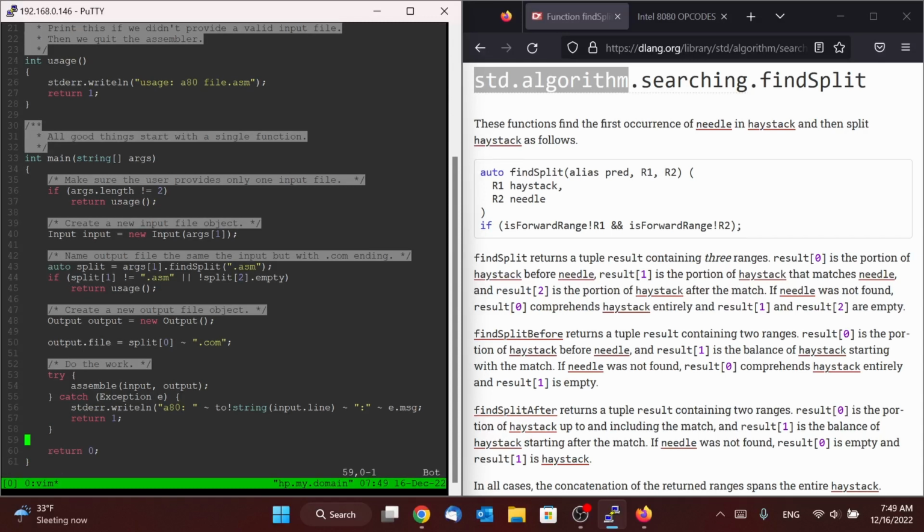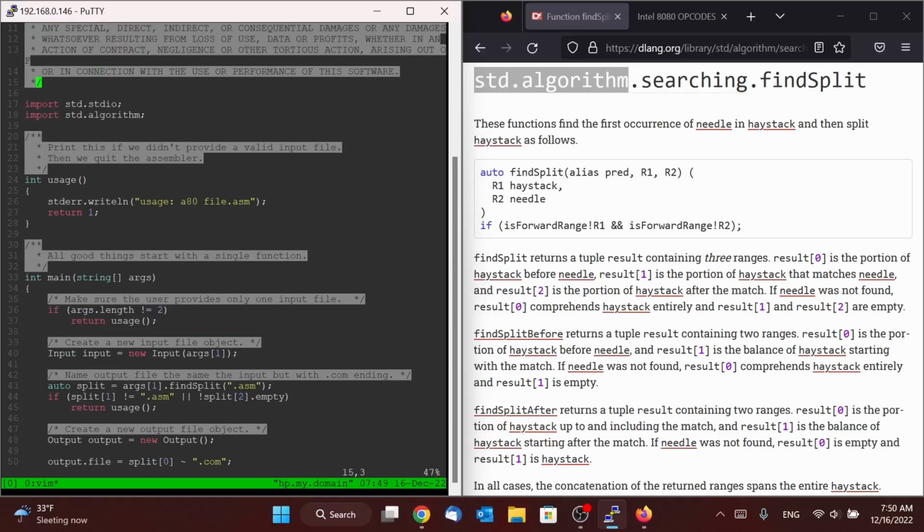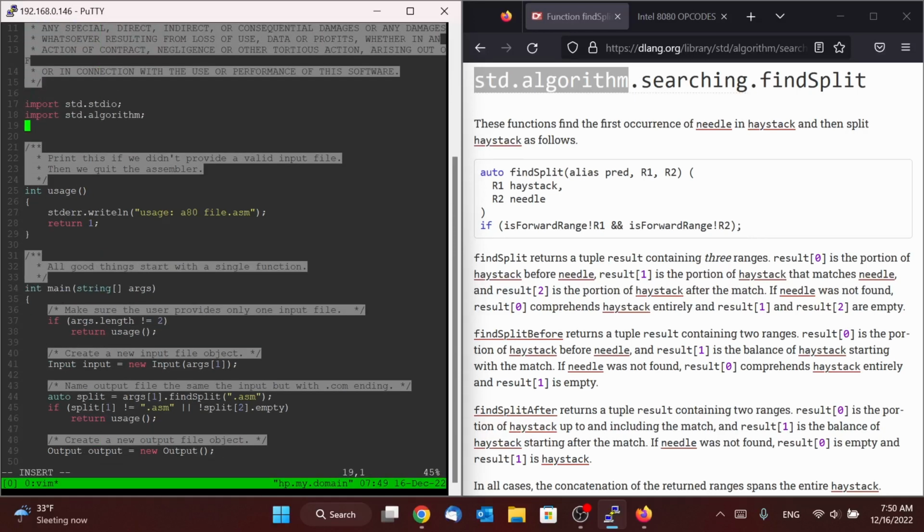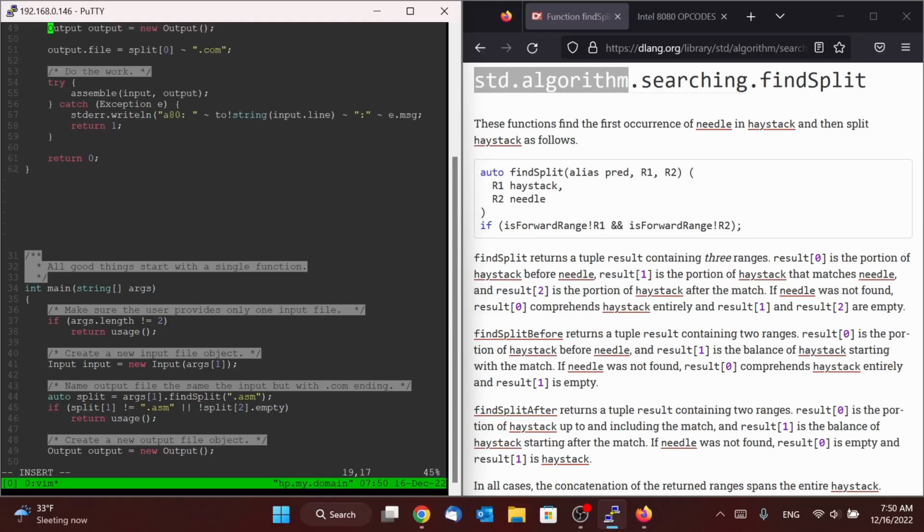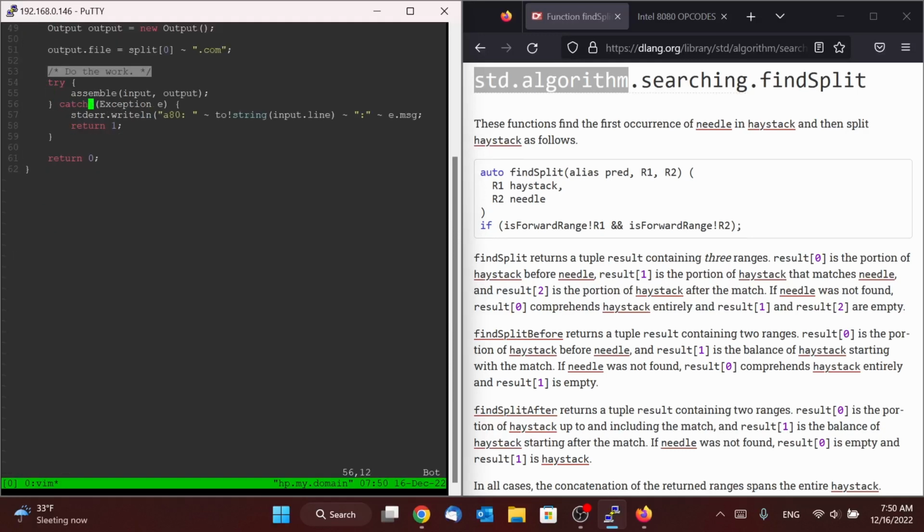And that's really all we need to control our assembler. One other thing we will need is std.conv for this to here. So this to is also really powerful. We can give it something of any type. In this case, line is going to be some sort of integer, probably an unsigned integer, and we can just say convert it to a string. Then we're going to concatenate all the different string pieces. Right, and that is really it.